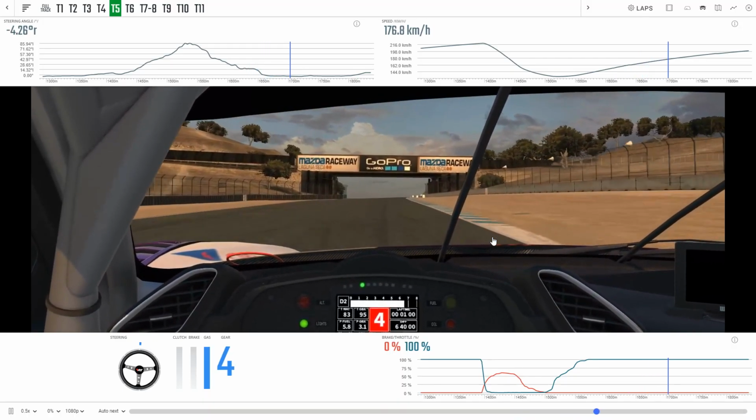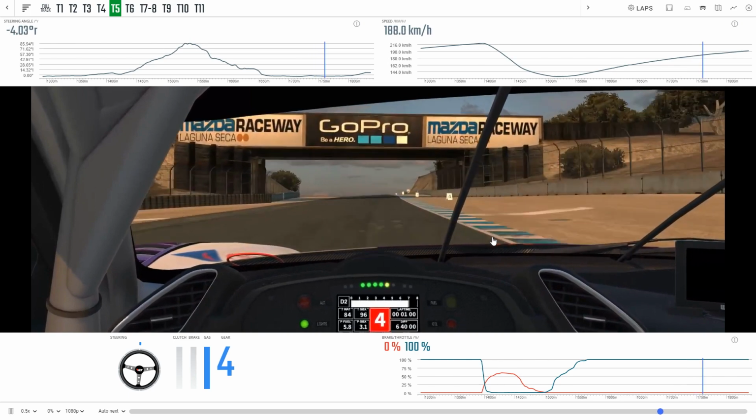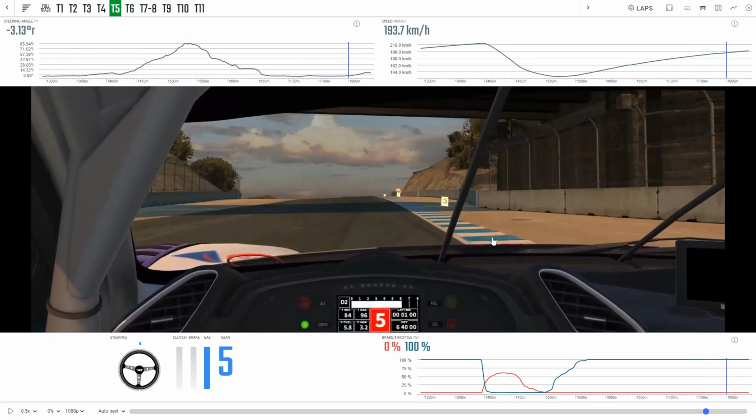So up towards arguably the most difficult corner on the whole circuit, even more challenging than the corkscrew in my opinion, is turn 6. Now it's completely blind on approach. You're going to have to use this bridge overhead as a reference to prepare for the corner. So Rens will start braking just before then. He's going to brake quite gently, and then he's going to turn in just at the 2 marker and hope that he's got it right, because you don't really know until you're in the corner, and then there's nothing that you can really do about it. So it's very much about timing and